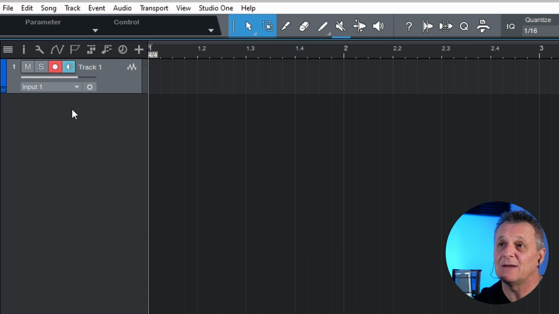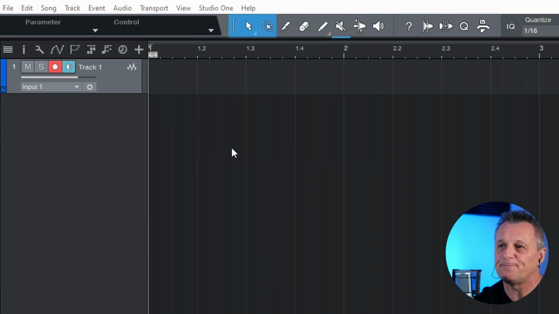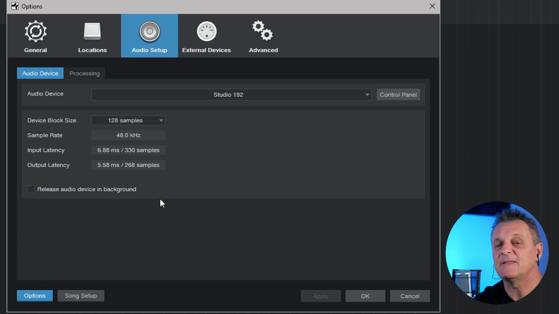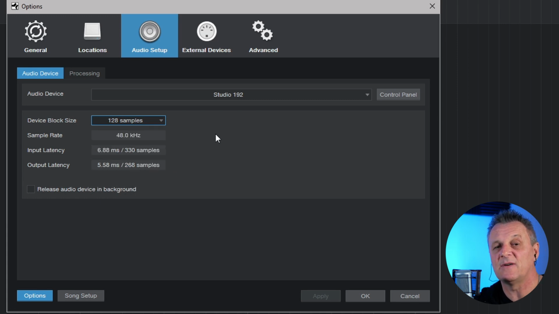You'll do that by going up to the Studio One menu up here and then selecting Options, or you could just press Control-comma. That brings up this interface here. Now, the main thing which is going to affect the length of time between you playing your note and it coming back through to your headphones or your speakers is the device block size here. Now, things get a little tricky. It's going to depend on your audio interface how well this performs. If you set this very, very long, say down here, 1024 samples, it's going to be a very long delay,